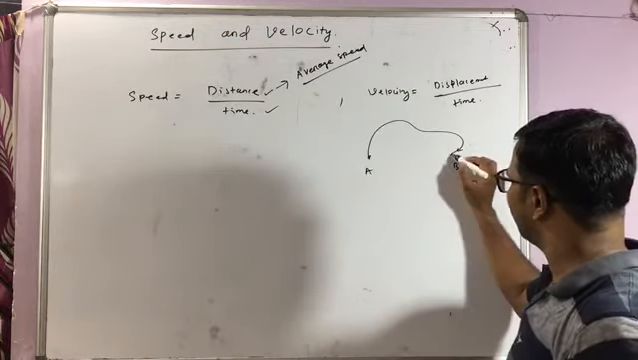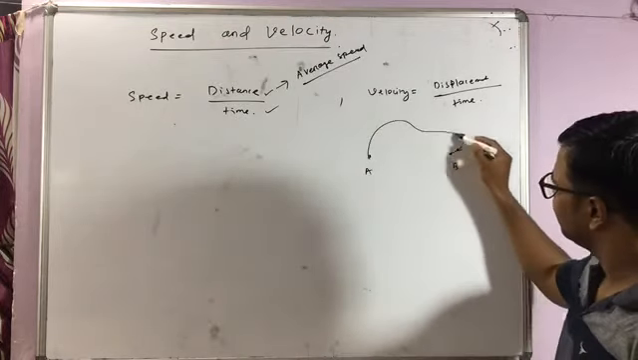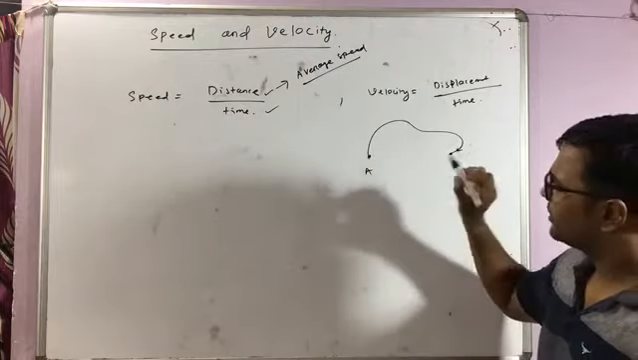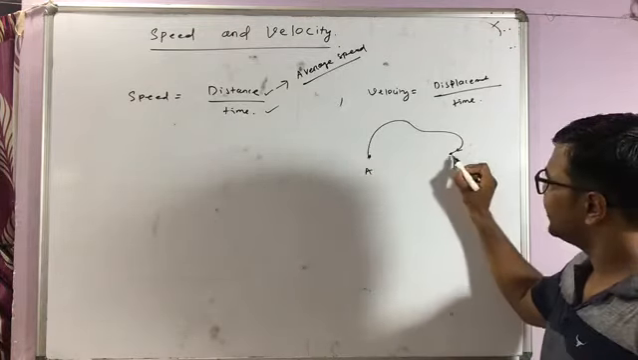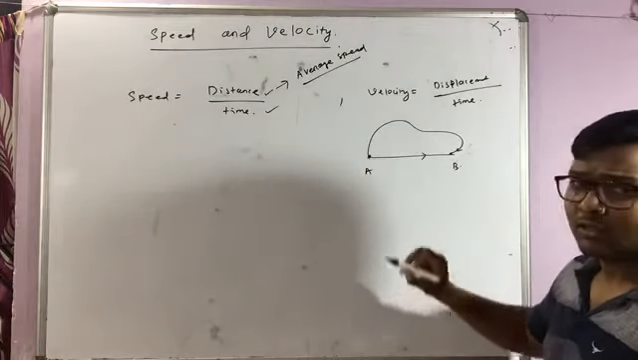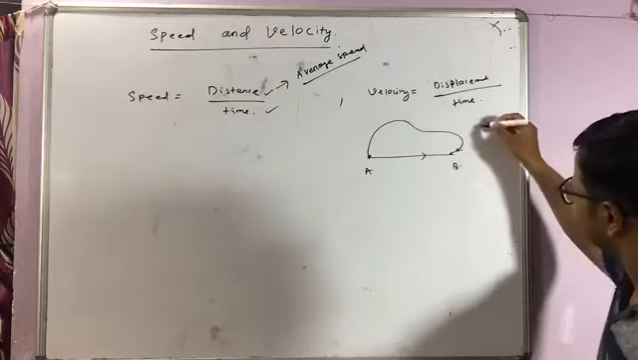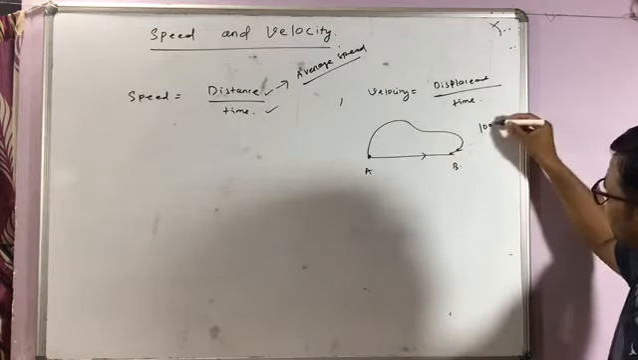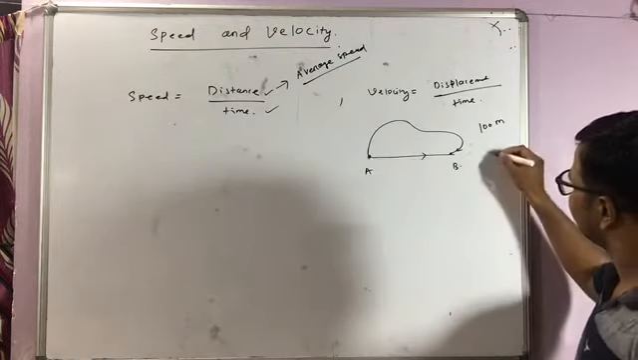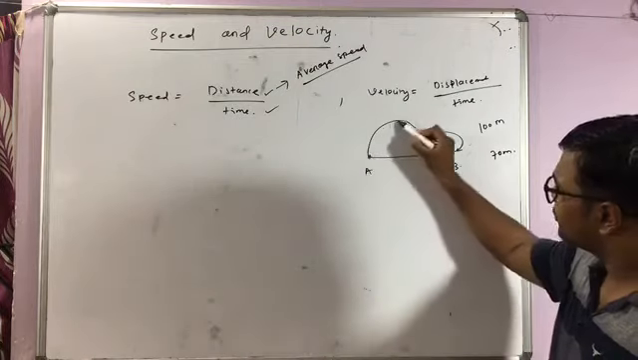Distance is what? The length of the actual path covered. Got? The displacement means the shortest distance between these 2 points A and B. If you take this length of the path, let's say it is 100 meter. If you take the straight line distance, let's say it is 70 meter. But actually you have chosen this path